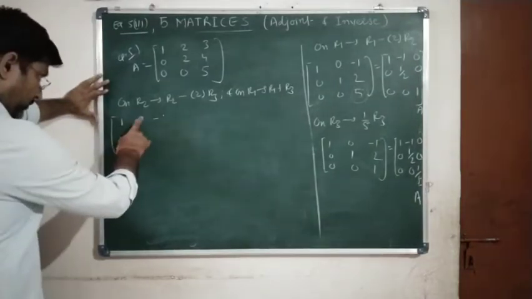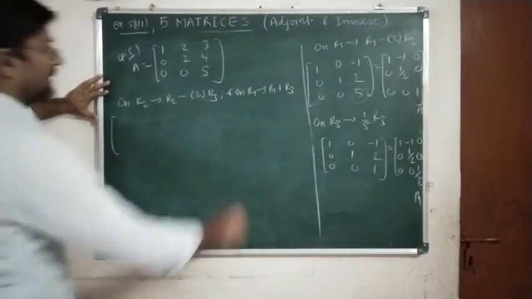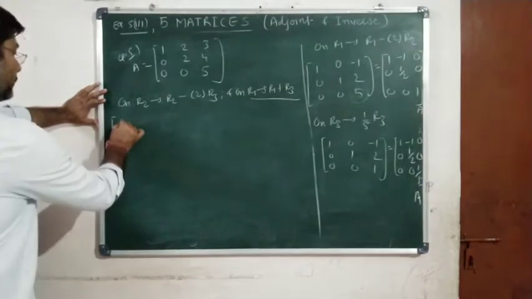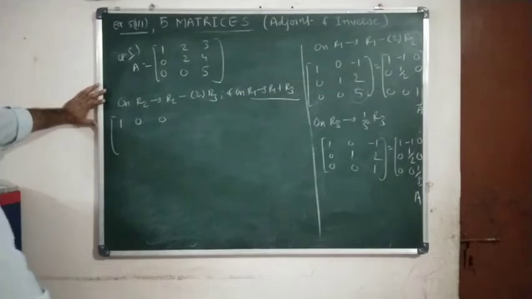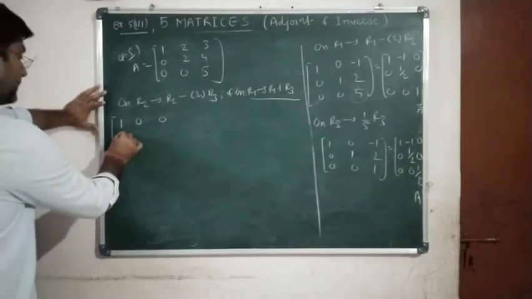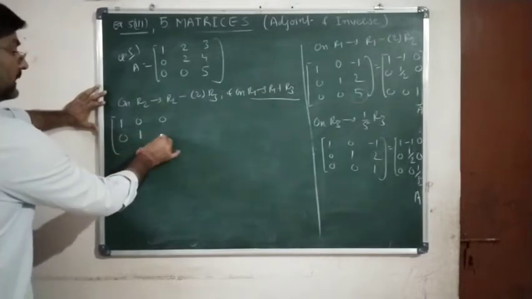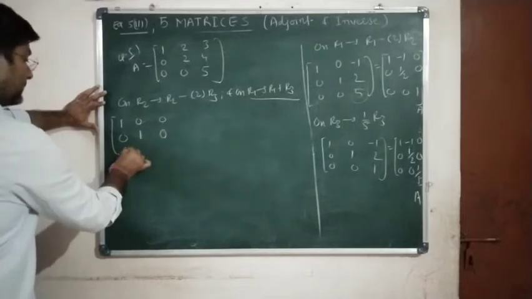So first on R2, let us make changes on R2. Okay, first let us make changes on R1 only, because on R1 plus R3 only we have to do. So 1 0 0 we got now. On R2 what we are doing? R2 minus 2 into R3. So here no change. Yes or no? Here also no change. And here we will get 0 and 0 0.